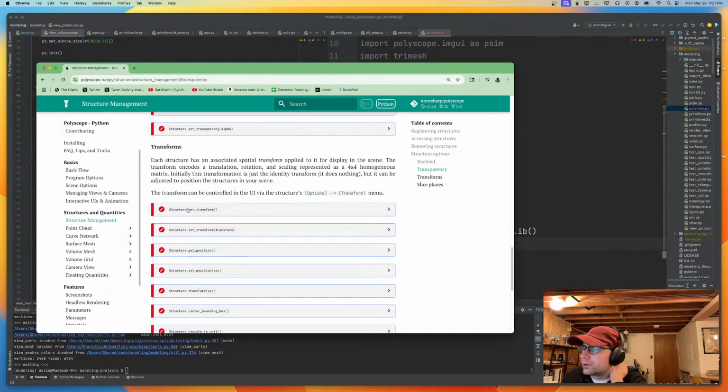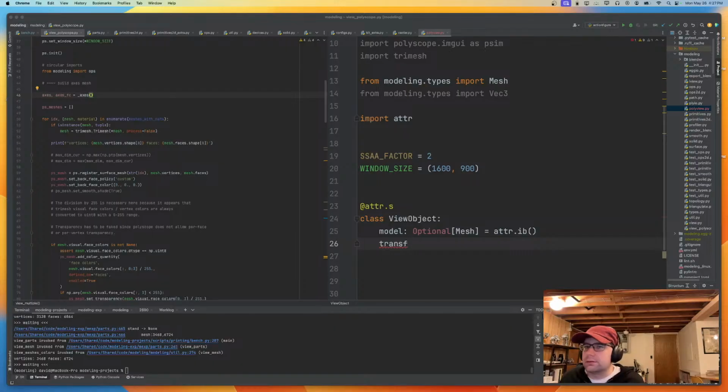Yeah, so right now we're not using this capability, but this is something that we're going to start doing. So we'll have a transform,